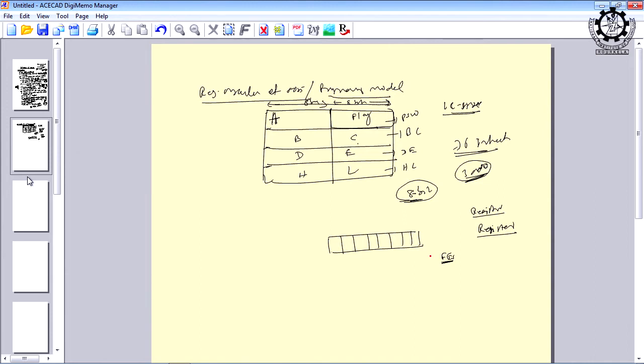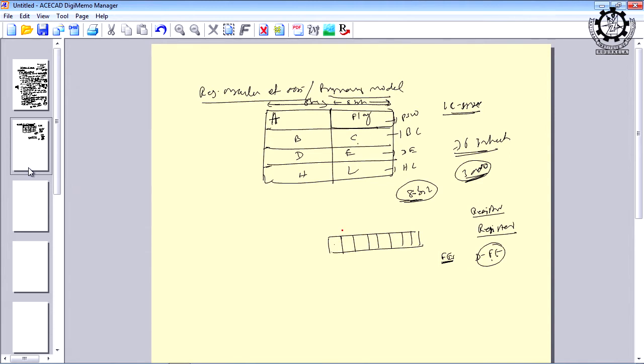And what type of flip flop? It will vary from register to register. You can use the D flip flop, most often you use the D flip flop, the data flip flop, and the D flip flop is derived from the SR flip flop. The T flip flop is derived from the JK flip flop. But we are interested in the D flip flop, which will be storing either 0 or 1, right. So, 1 will indicate that the flag is set, and 0 will indicate that the flag is reset.